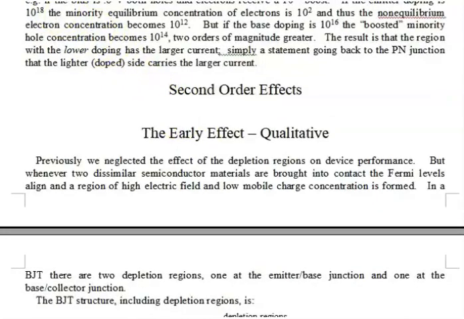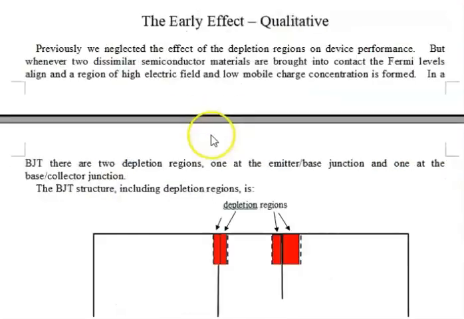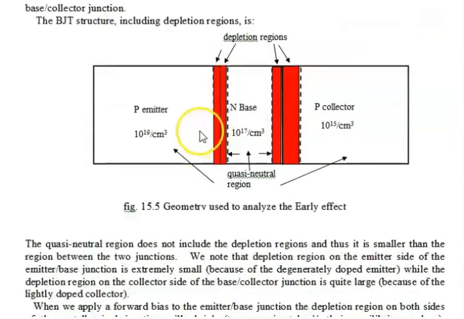The first of the second order effects we'll be looking at is the Early effect. It was named after the person who did quite a bit of research on it in the mid-1950s, I believe, Jim Early. So it has nothing to do with the time of day, it's just named after the person. Okay, so let's look at the standard PNP structure,